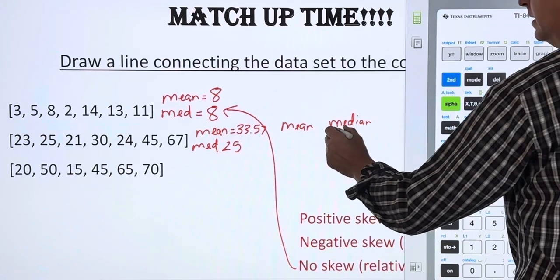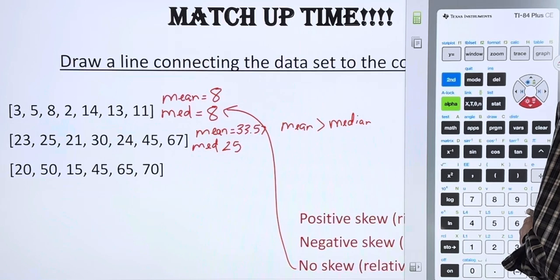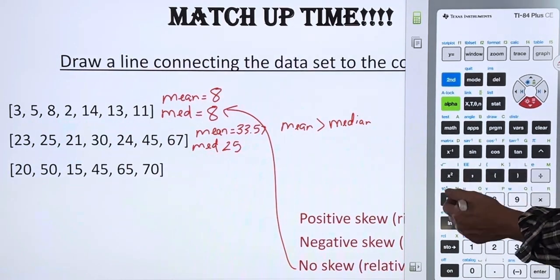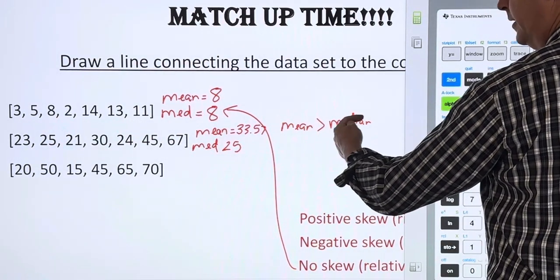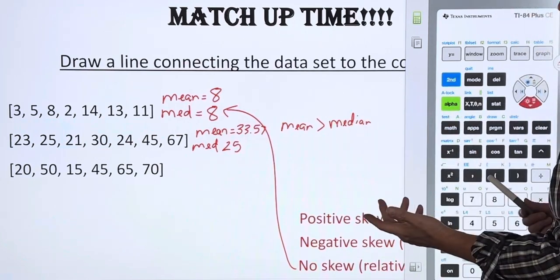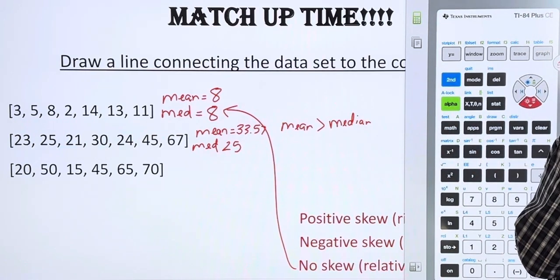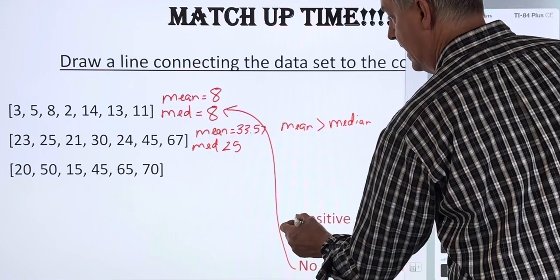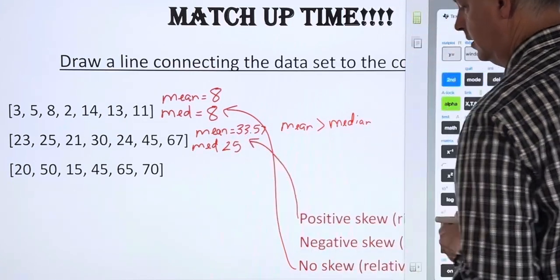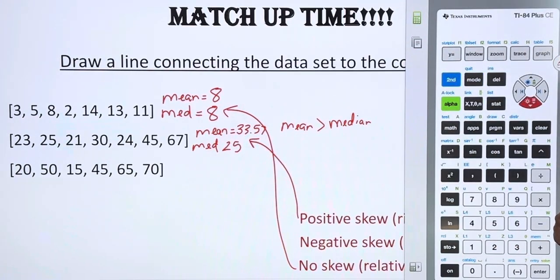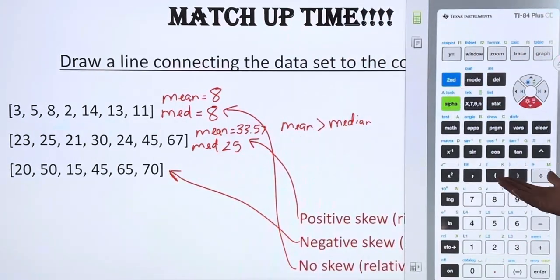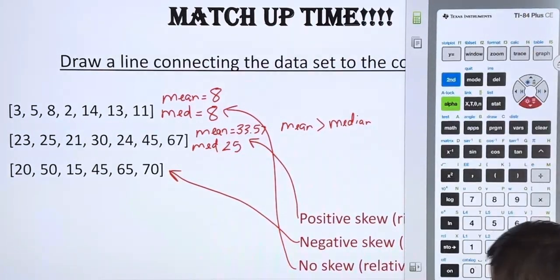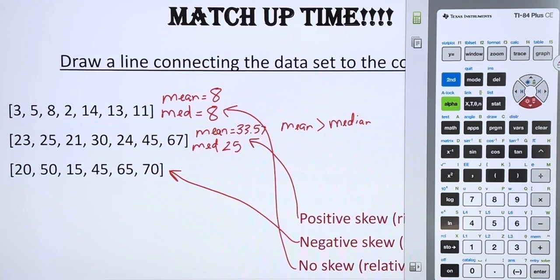And our mean is greater than our median here. Greater than is pointing, if you look, it's pointing to the right. Right is a positive direction on the number line. So this has a positive skew to it. Therefore, this one would end up having a negative skew. In other words, the mean would be less. So I'm just going to type that in